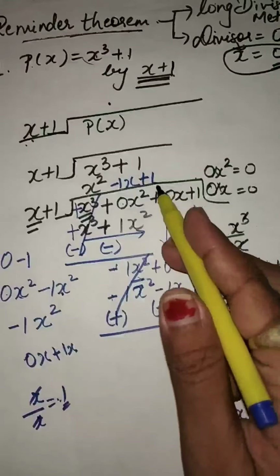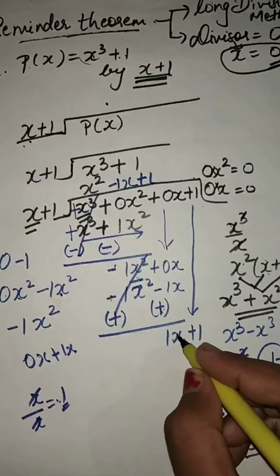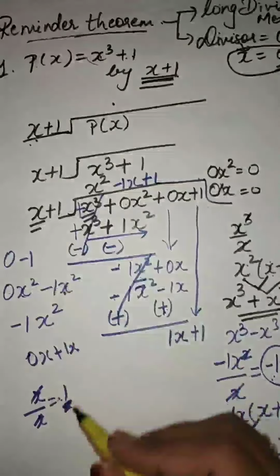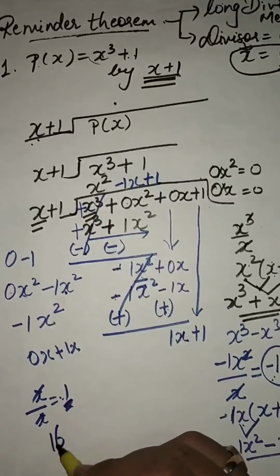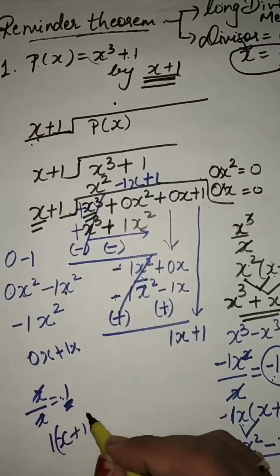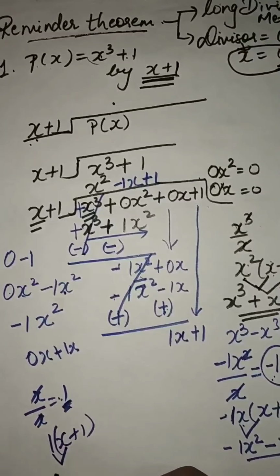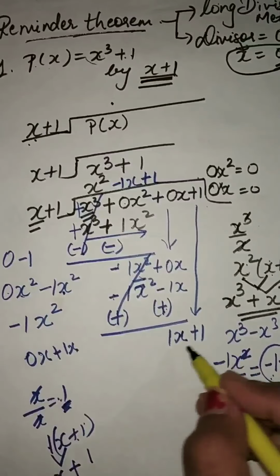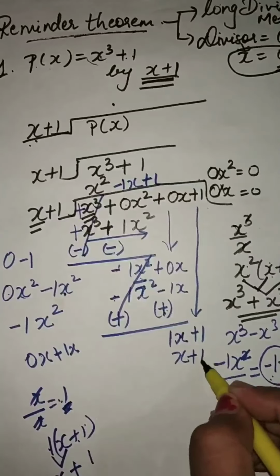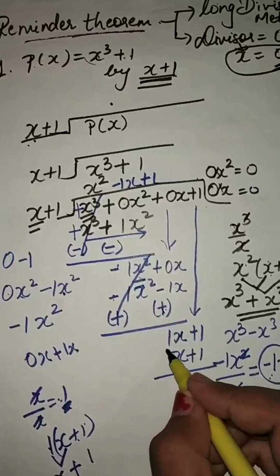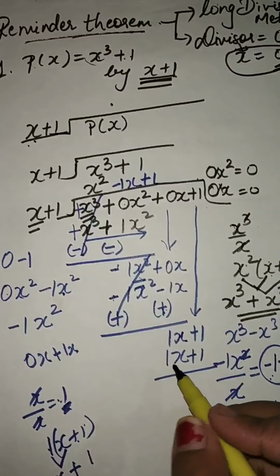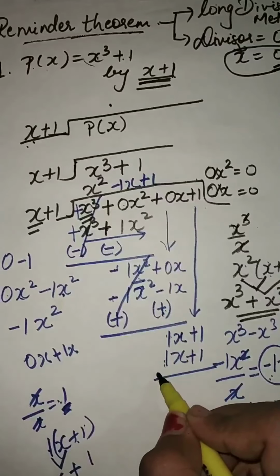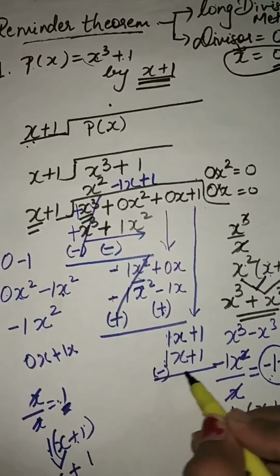So now what we have to do? Multiply it with the divisor, that is 1 into x plus 1. So 1 multiplied with x will come as x, plus 1 into 1 we will have as 1. So it will come as x plus 1 over here. No number we are having, that means plus. Again we have both the things in the same sign, that is plus plus, so make it minus for this one below. Here also we have plus, so make it minus.